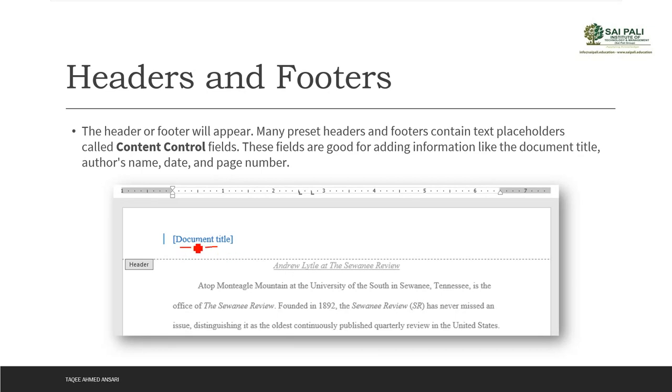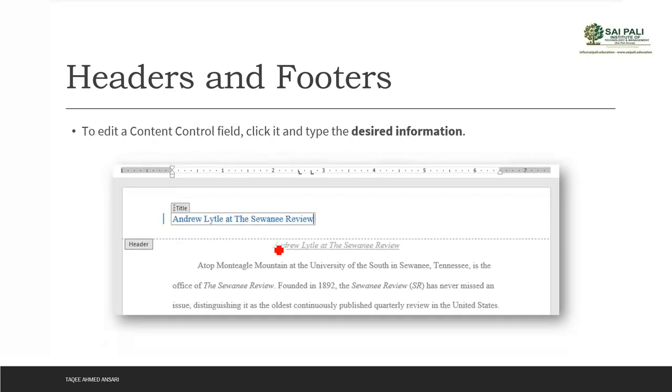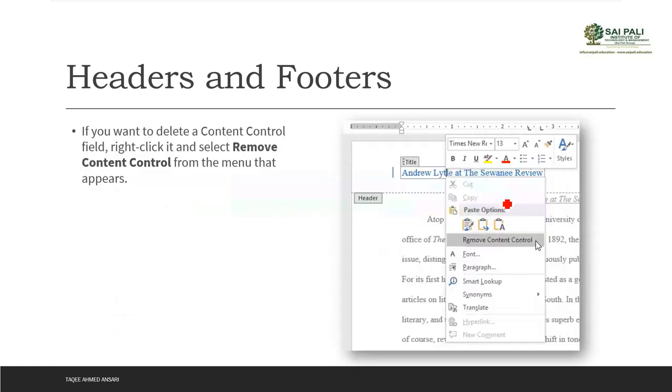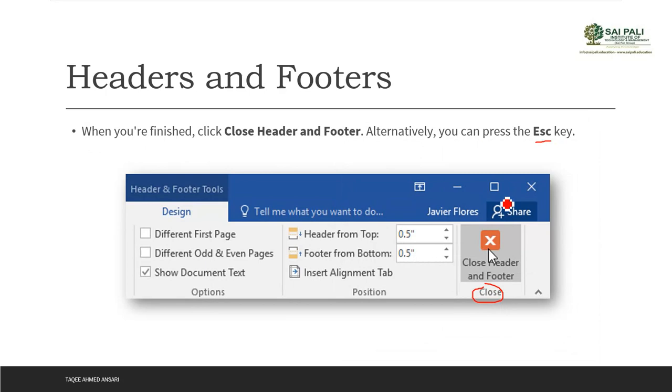It's a placeholder where you can add your information. After this you can double click here and add whatever you want, and then close it from the design tab, or press the escape key to close it, and once you close it, it will be there in your header.